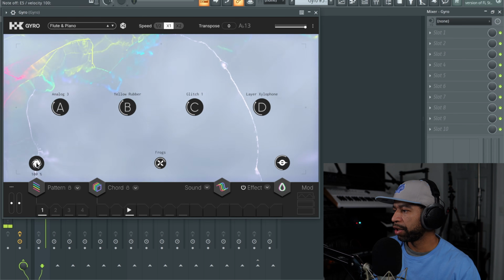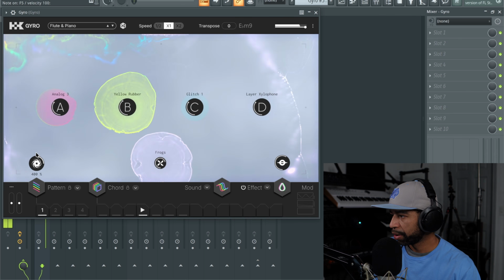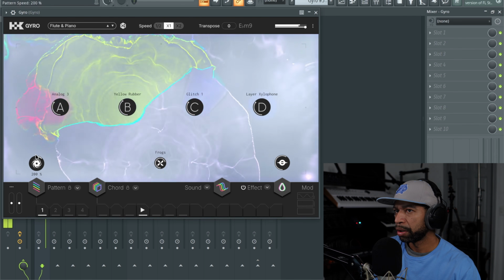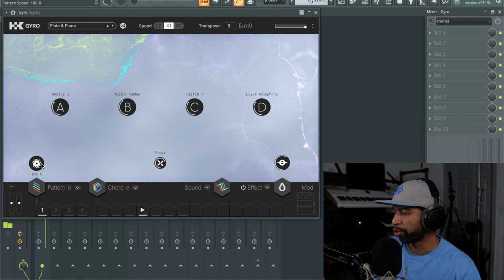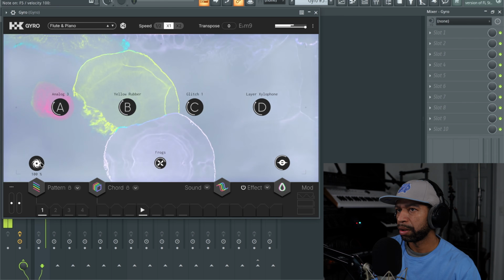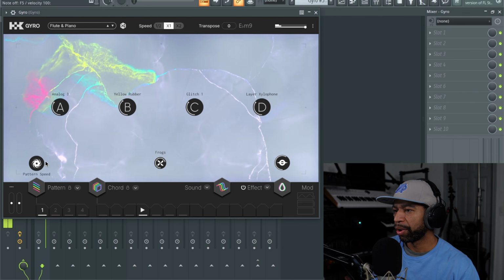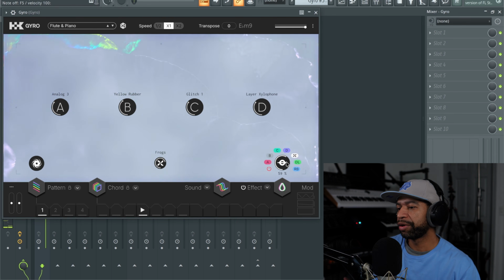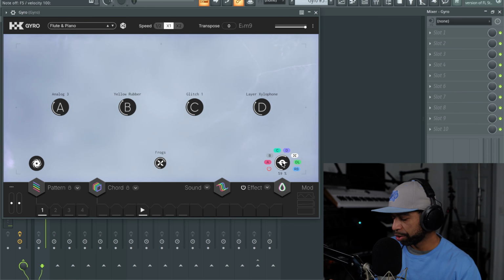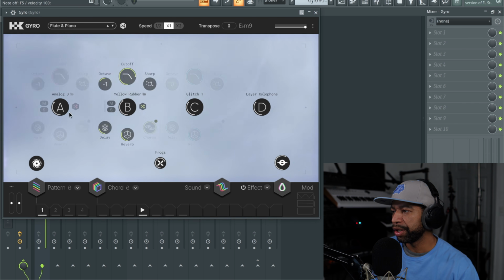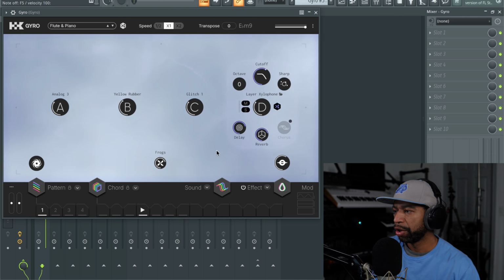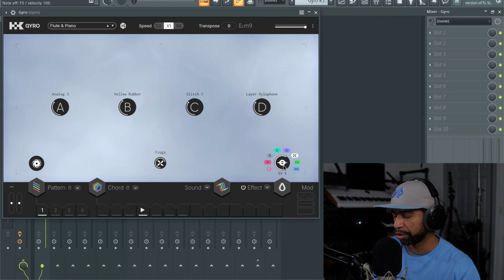So that's pretty fire. You have your pattern speed right here. Might have been a little bit too fast for it. Right? So that's pretty cool too. And then right here, you have halftime. So you can add halftime on each one of the individual layers, or you can add halftime on the whole sound. So as I turn this up and down,